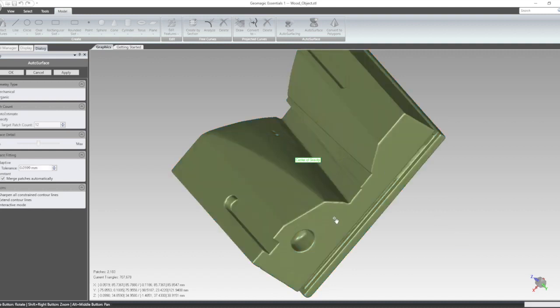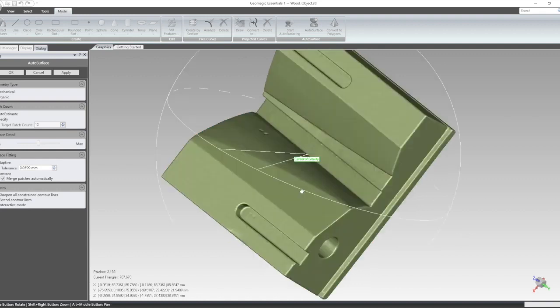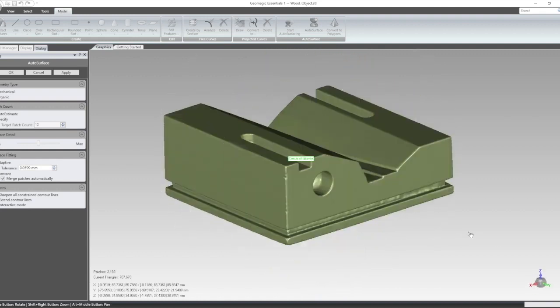And now the color changed on our object, and then we know the process is done,